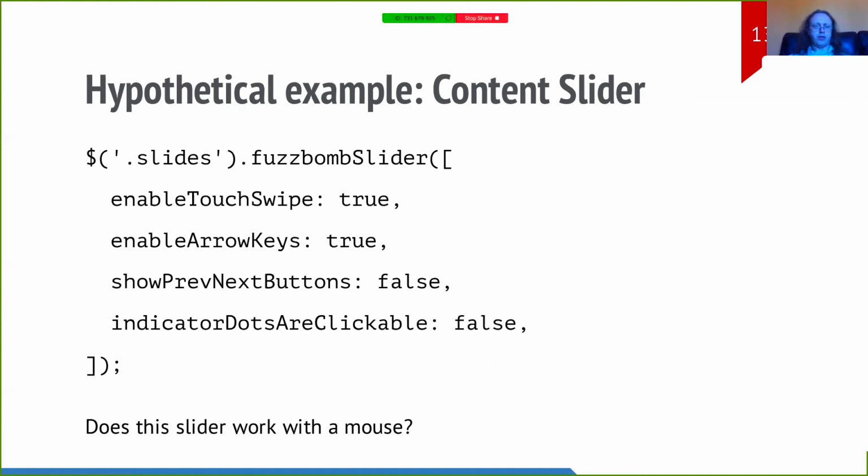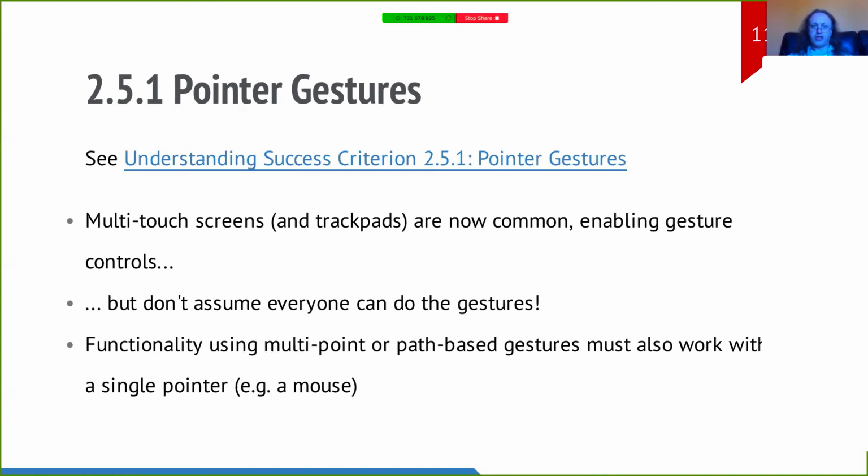Now, looking at that, I think we might just exclude a mouse user from being able to operate that. If the touch swiping actually used JavaScript touch events instead of a JavaScript drag event, then it might exclude them. And we certainly haven't got the useful buttons that are easy to click on. So that's, I don't know. I need to go looking at some of the real life JavaScript libraries and see if there's a way you can actually make a slideshow that just does not work for a mouse user. But this is what pointer gestures is about.